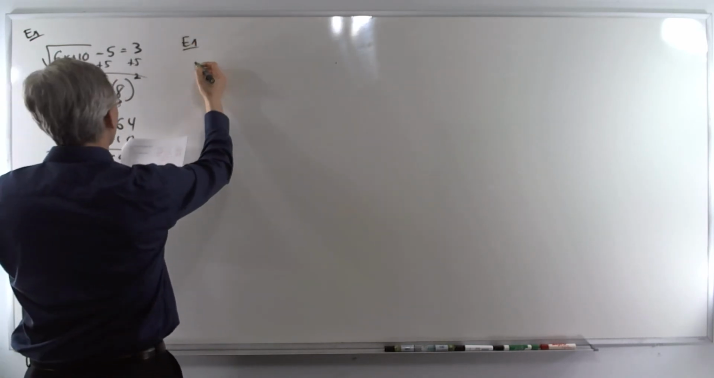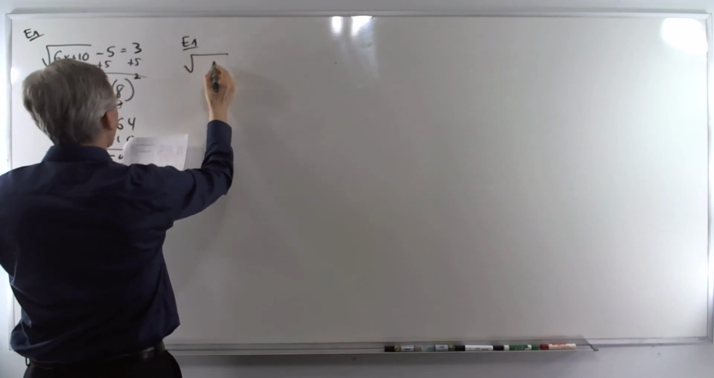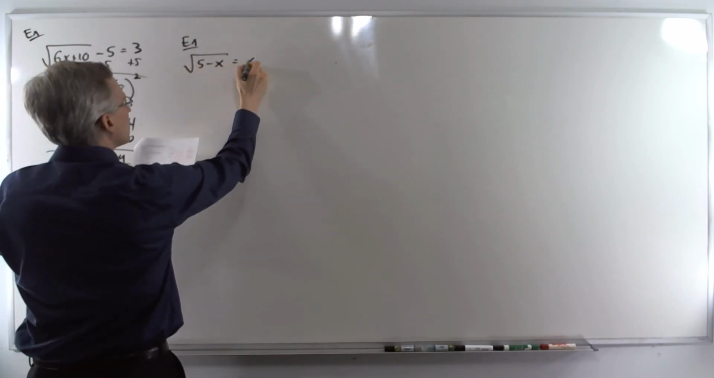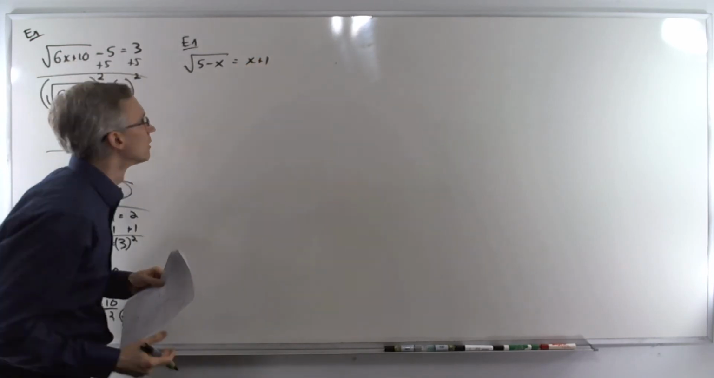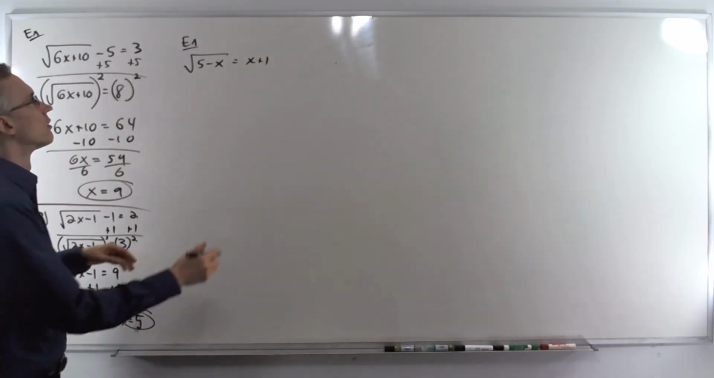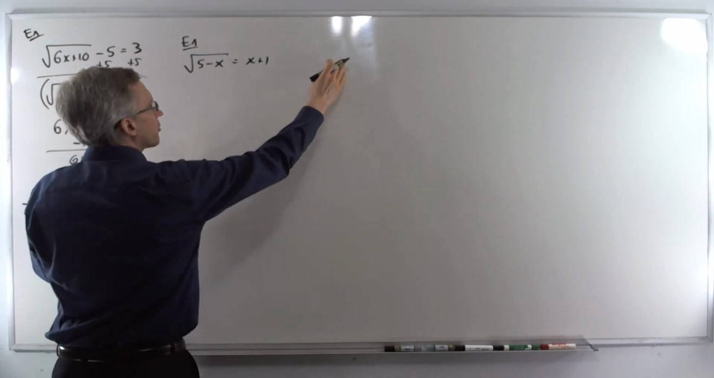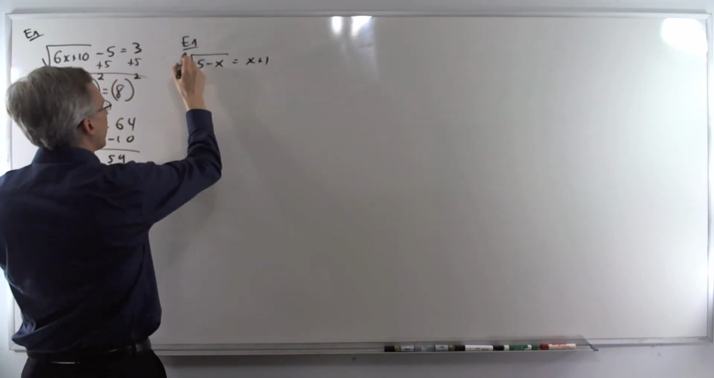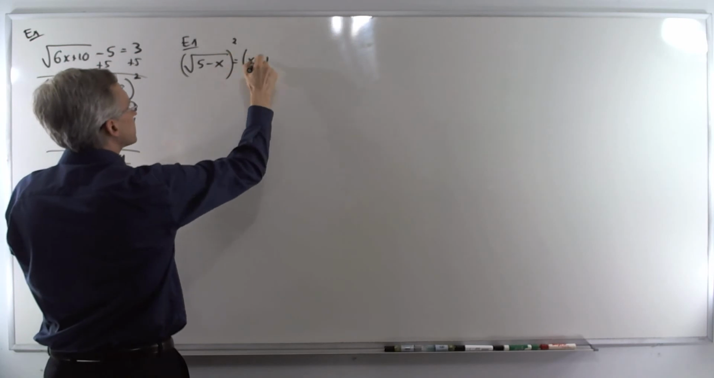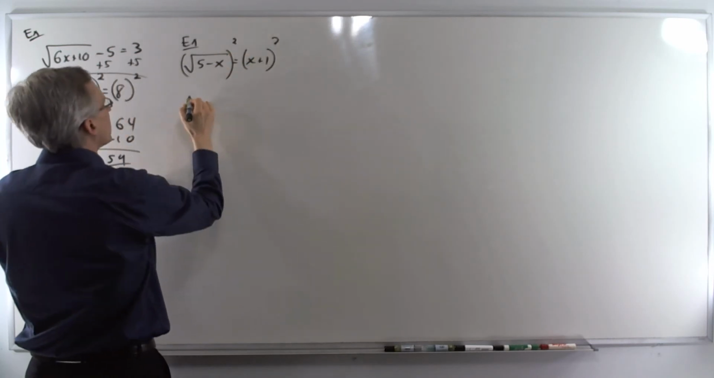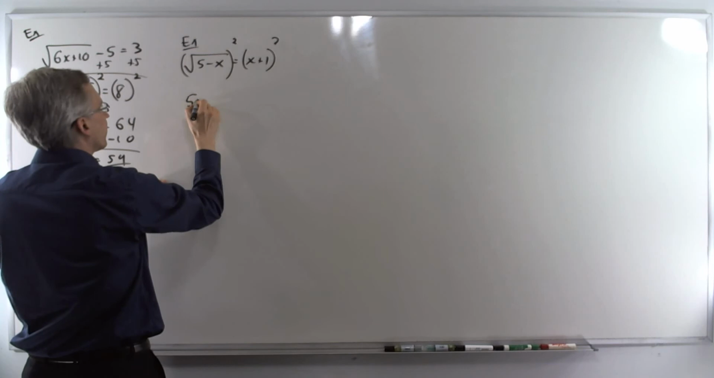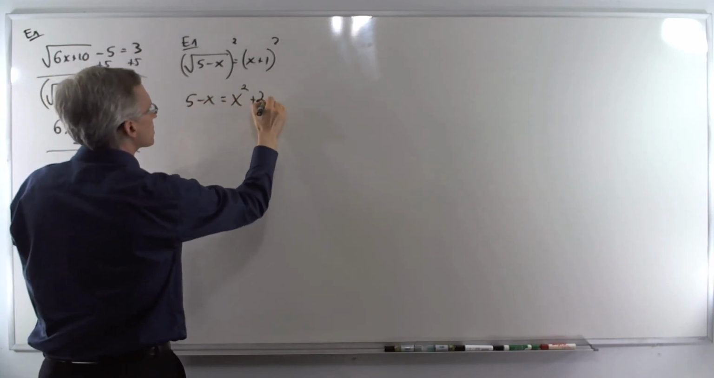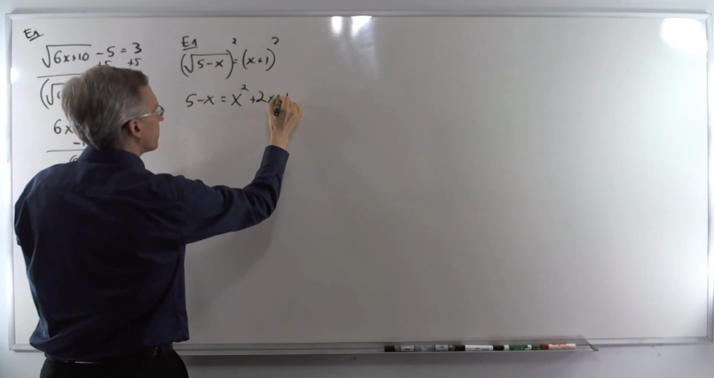All right, next one, we're going to put a few more variables in there. It's become a little bit more complex. So we'll have to either FOIL the right side or remember your perfect square trinomial formula. All right, we have the radical isolated, so we'll square both sides. They cancel here, so we get 5 minus x equals x squared plus 2x plus 1, from the